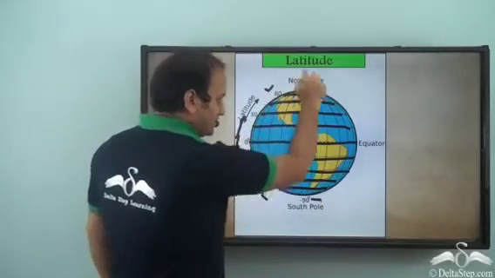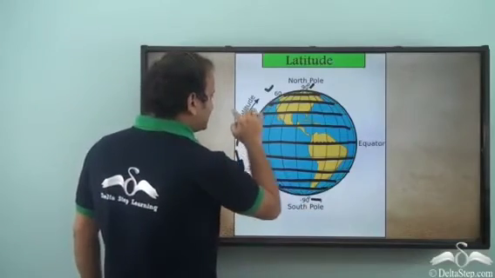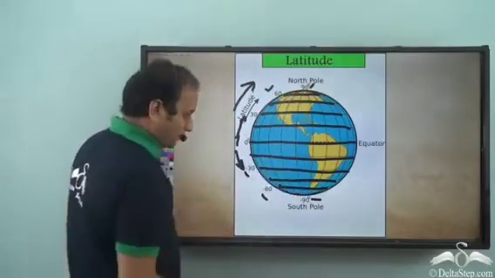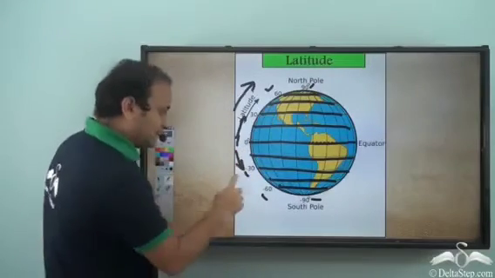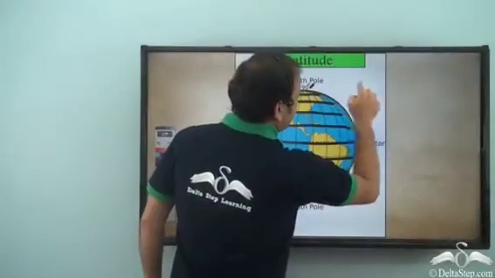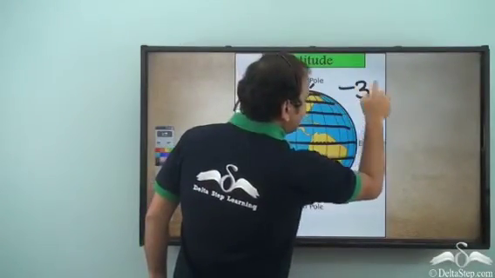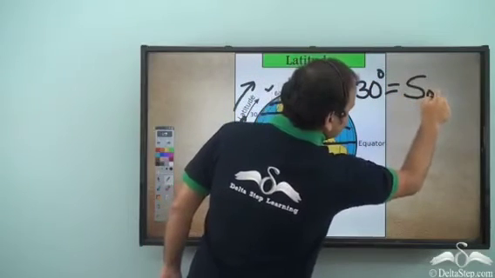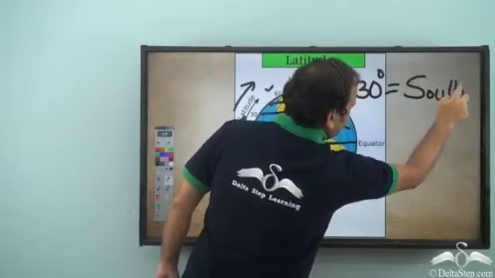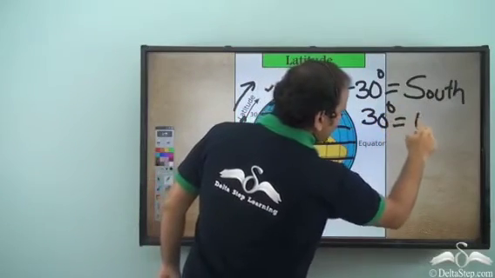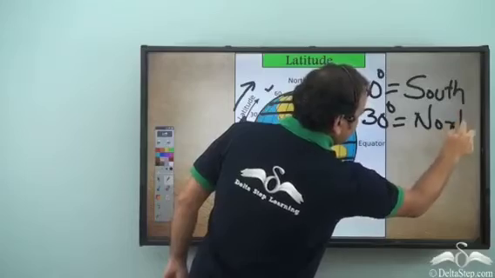So in the northern hemisphere, the latitudes are growing like this, and they are 0, 30, 60, 90 and so on. Similarly, in the southern hemisphere, we take negative numbers. So minus 30, minus 60, minus 90. So when you have any number that is in negative degrees, that means it is in the southern hemisphere. And if we have it in positive, then it is the northern hemisphere.